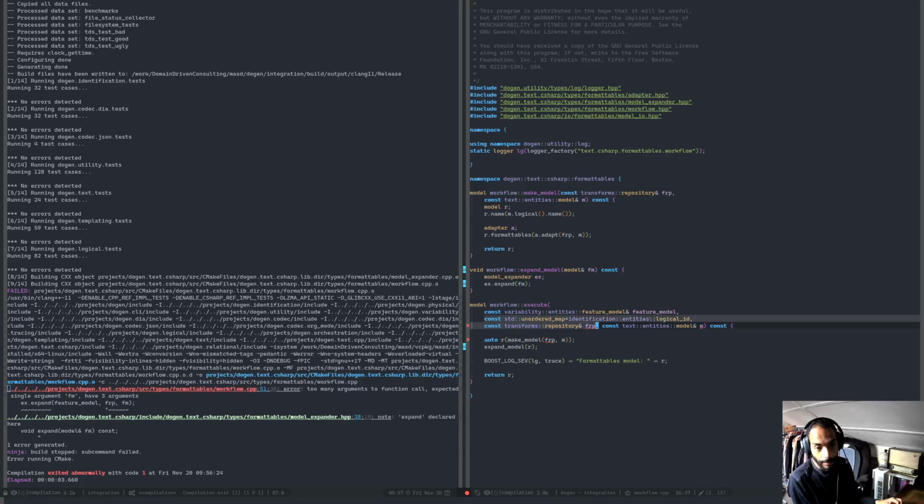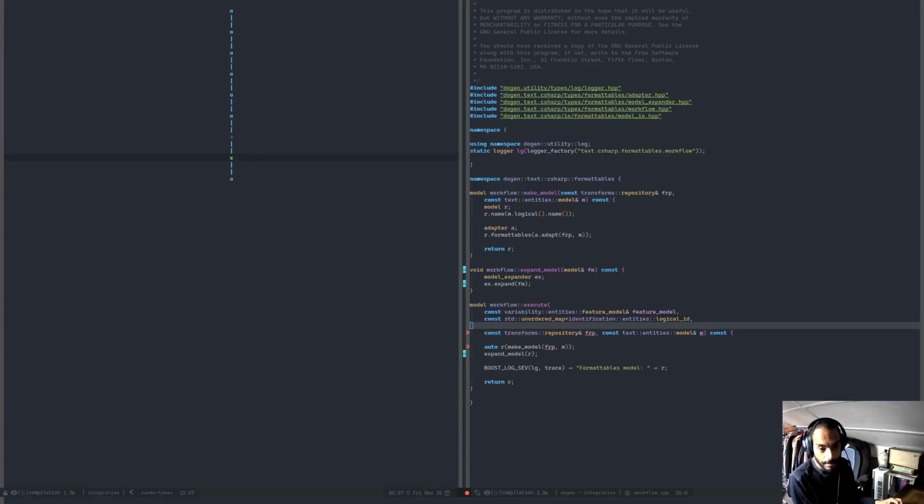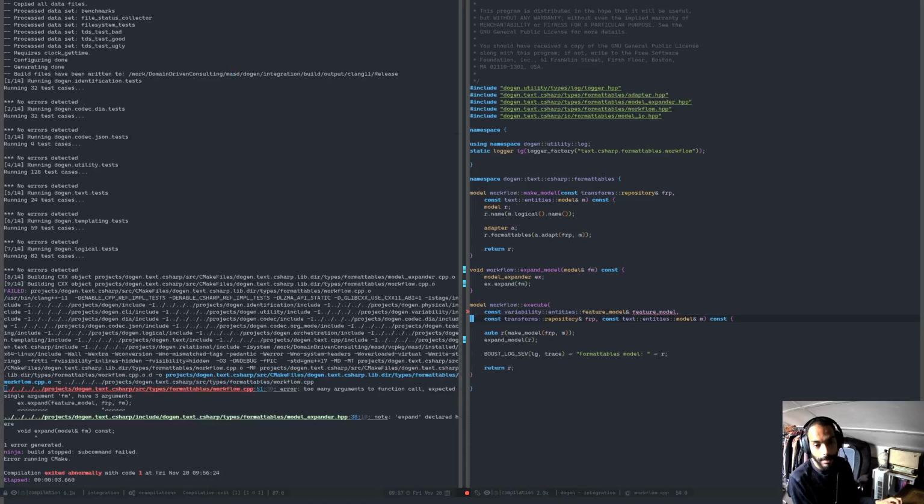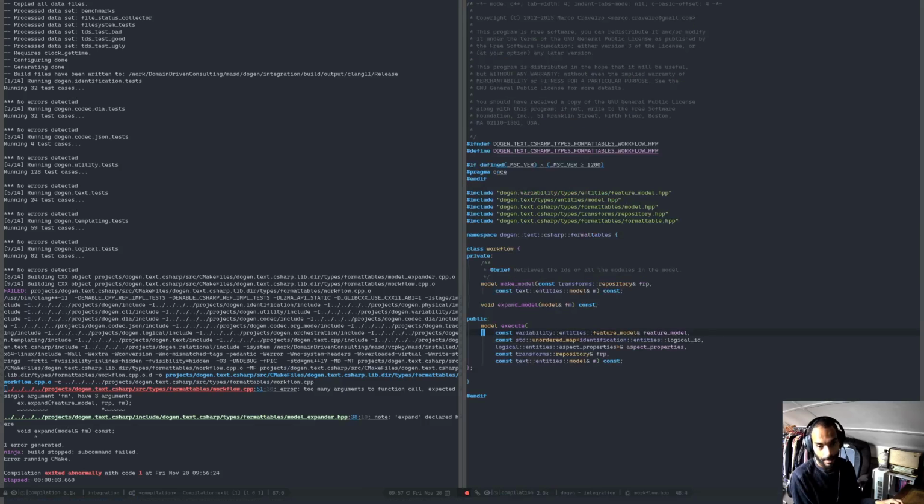Apologies, this is a map of some kind. I think I just deleted the wrong thing. Yes, I did. Okay, there we are. So we need a feature model. No, we don't. So we need a repository and we need a model. Okay. Now let's go to the header and let's just say